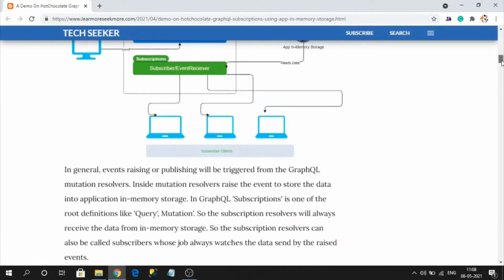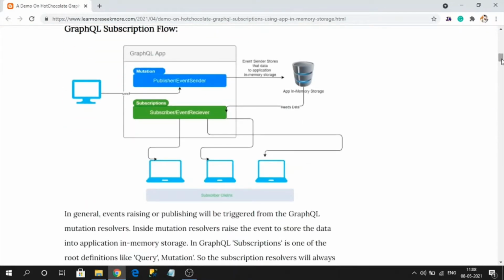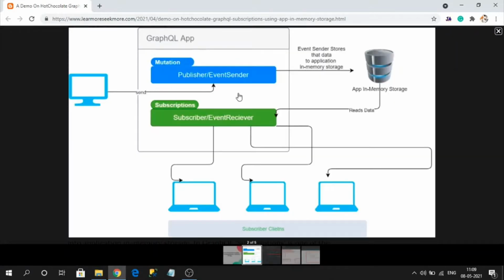So let's briefly understand how the publisher and subscribers, or the GraphQL subscription, will work. If you observe this image, and one more thing, this GraphQL subscription storage can be used either in memory or with a Redis store, currently supporting these two. In this video, I am targeting in memory only. I am going to create another video on how to use Redis as a store in GraphQL subscription. But this video works with the application in memory.